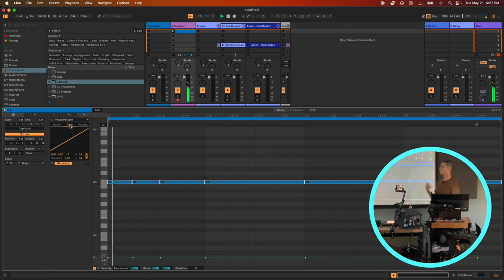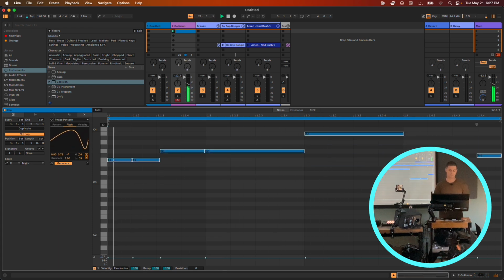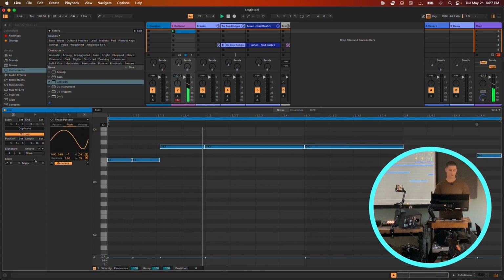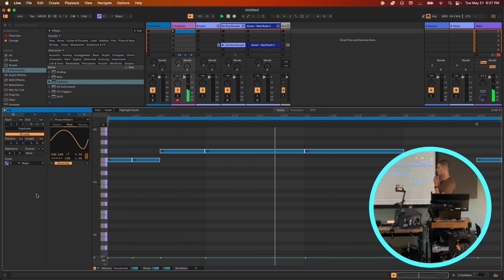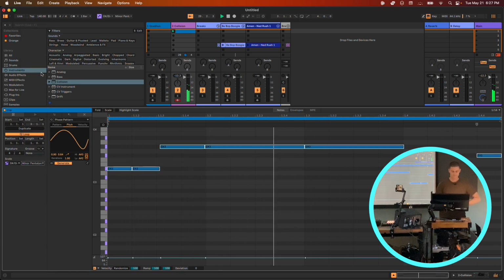And then we can use similar playful functions to manipulate the pitch as well as the velocity. And now I'm going to turn the scale back on, because in Live 12 we have scales now, and these devices are scale aware, so they're going to stay in key. So if I wanted to switch to, I don't know, E flat minor pentatonic,